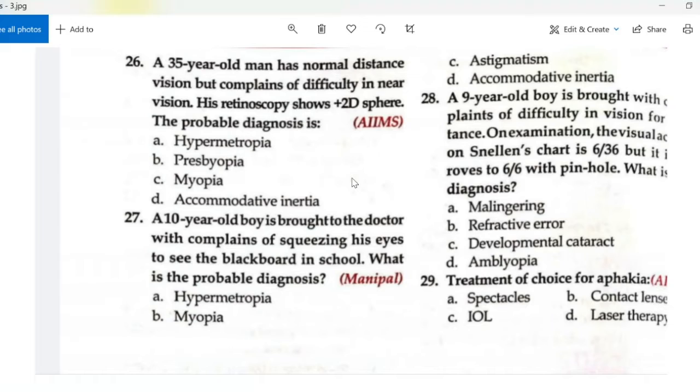Yes, intraocular lens implantation. You can use contact lens. Yes, contact lenses are very useful when you have big difference between the diopters of the both eyes. And spectacles, you can use spectacles if you have aphakia of the both eyes. If you have just monocular aphakia and if you try to treat it with spectacles, you're going to have very, very big, awful aniseikonia, and your patient will be with a headache all the time. But intraocular lens implantation is the most normal, artificial way for